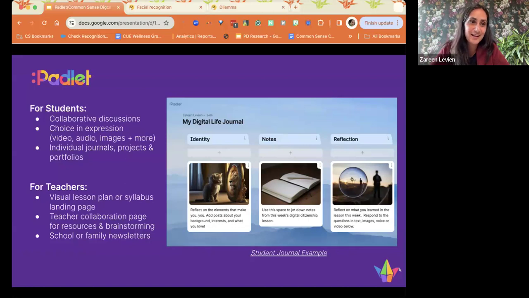For teachers, you saw a lot of different setups that Sue put together in terms of how you would organize the columns, and how you might make it visually interesting with pictures or backgrounds. You could also use it in ways that aren't with students, like a teacher collaboration page to brainstorm ideas with my grade level team, or even teachers at different schools, on a board we share together. Things could also be shared across the school or with family.